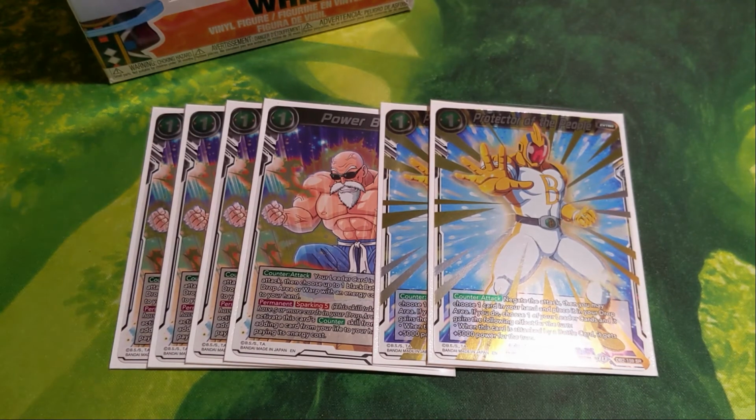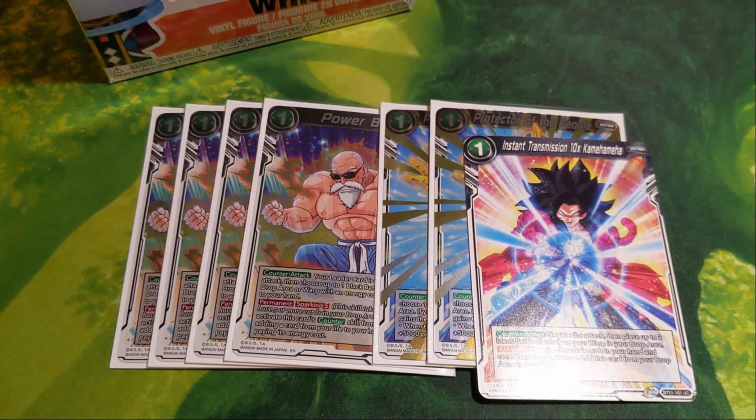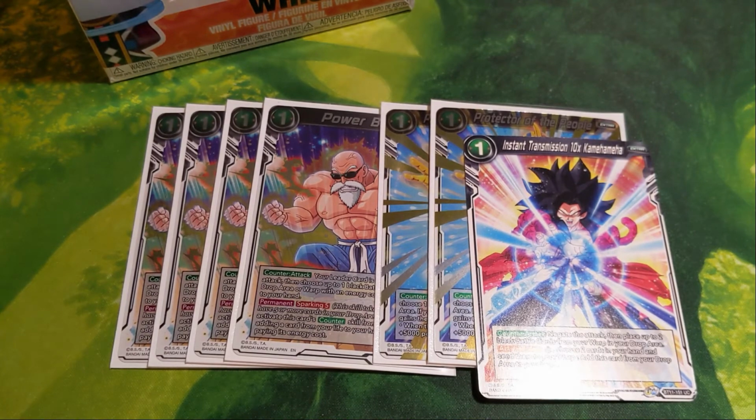You can also replace this card very easily if you want to get rid of the Migras Thrall. You can play Instant Transmission, top 10, Kamehameha, negate the attack, and then you place up to 2 black battle cards from your warp back into your drop area. And then you can put that card back into your hand